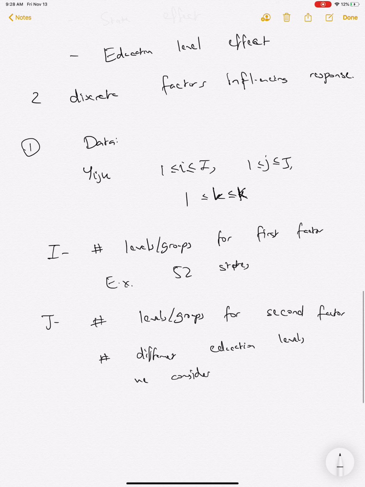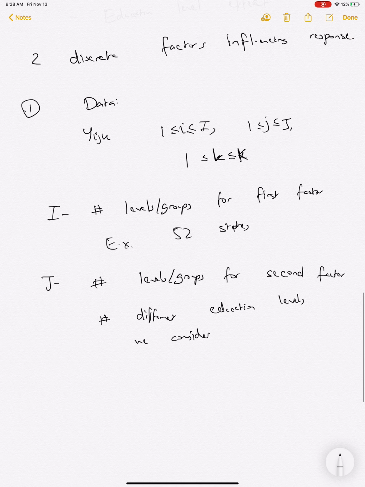So for example, and this depends on how the data is recorded, it might be recorded as, you're looking at people who didn't graduate high school, people who graduated high school, people who graduated with a college degree, and so on. So that's kind of the type of levels that we're talking about. And then K is the number of samples within each